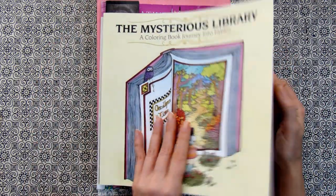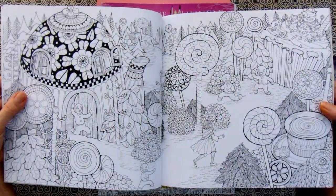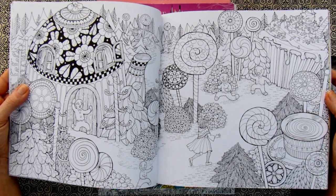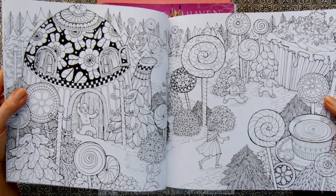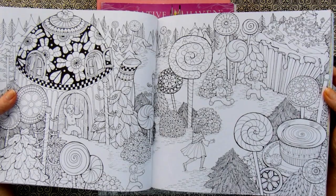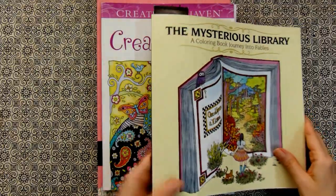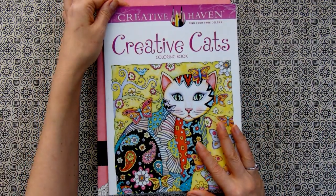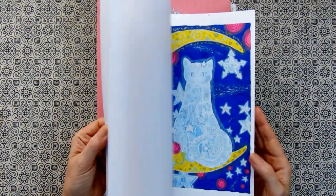The Mysterious Library. There is a double spread, very lovely, with all these, I'm not sure how you call this, lollipops, these sweet things, and there are cupcakes as well, but it's a double spread. Creative Cats, Art Creative Heaven, Marjorie Sarnat. There are actually two illustrations